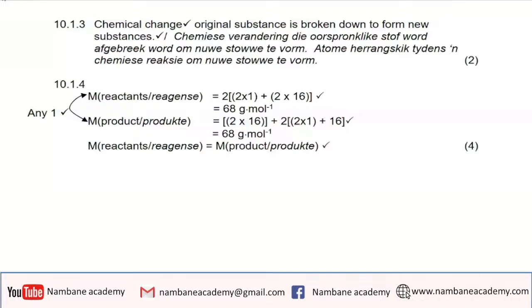So the conclusion is that the mass of the product is equal to the mass of the reactant, which is 1 mark. And then the formula showing that they are calculating the mass of either the product or the reactant is also 1 mark. The mass equaling, what we are referring to there, is another mark. And then the next question,